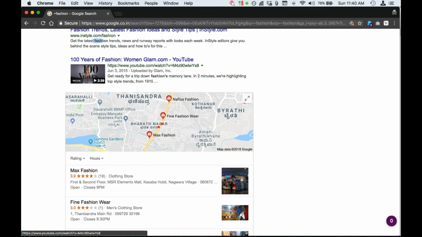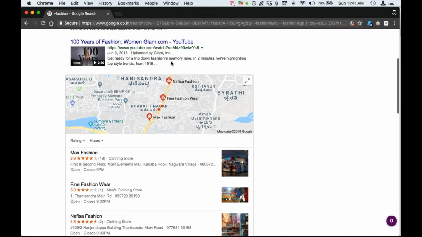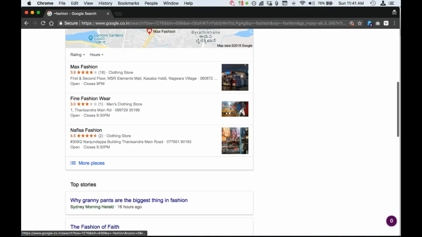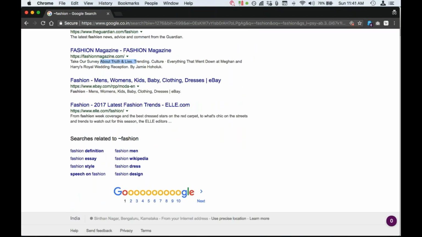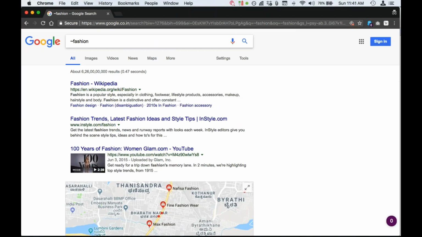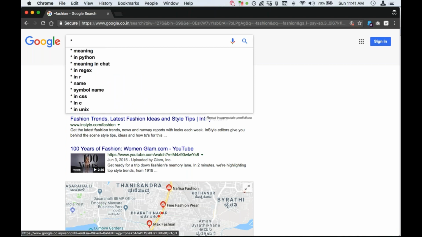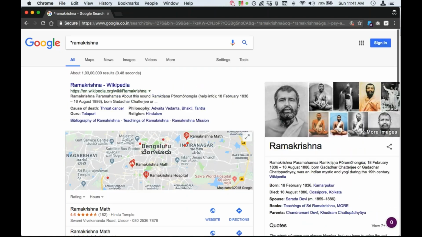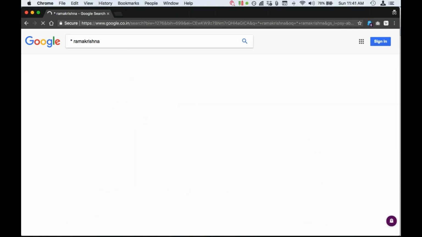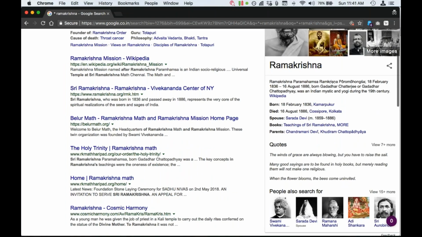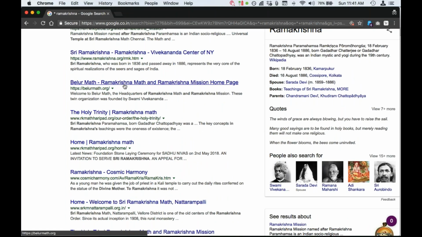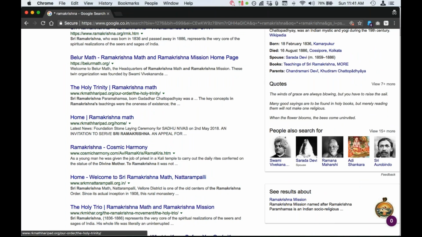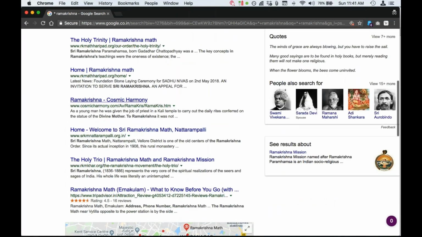If there is a match there, it says fashion, and it also brings up fashion trends, fashions, with the apostrophe s, and it goes on. That's a tilde. This particular sign here, the hash sign, is a wildcard. When you don't know information, say I don't know Nityanand, but I know Ramakrishna. So who's the other guy? I mean, space search. Now it brings up Ramakrishna, Sri Ramakrishna, Holy Trinity Ramakrishna, Home Ramakrishna,